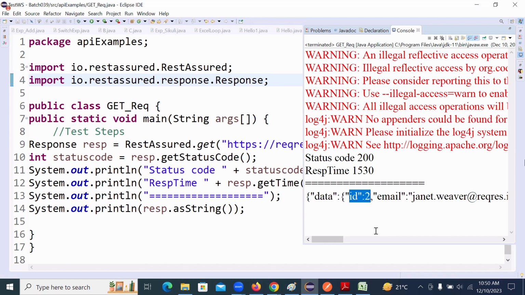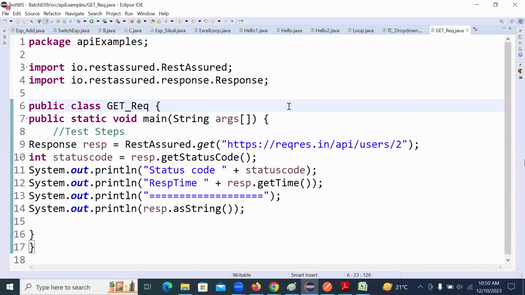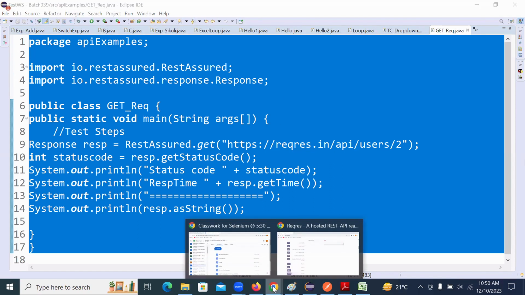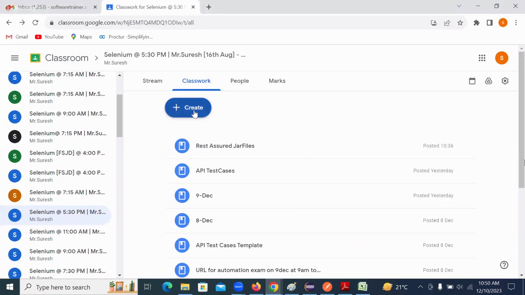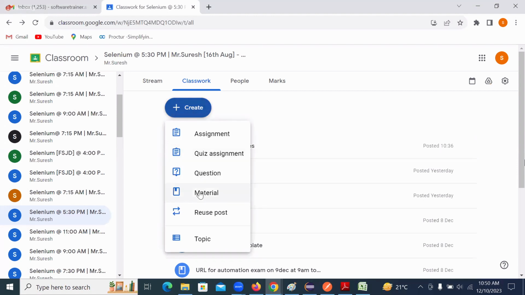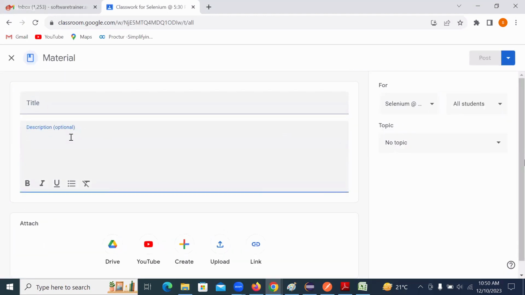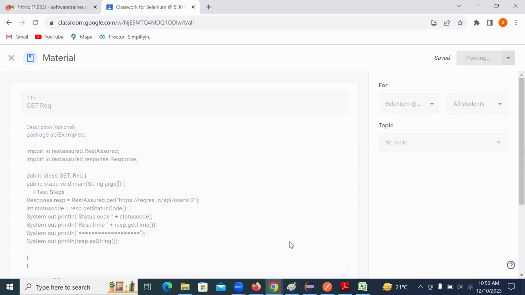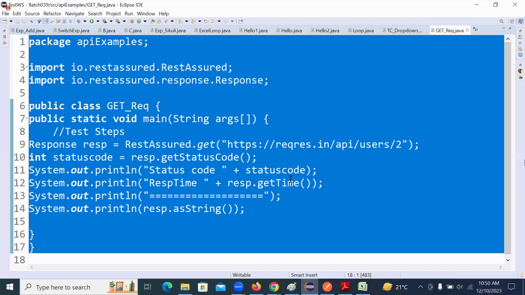So for any kind of programming, you have to follow the respective steps here. In this way, you can work with a GET request. In the same way,